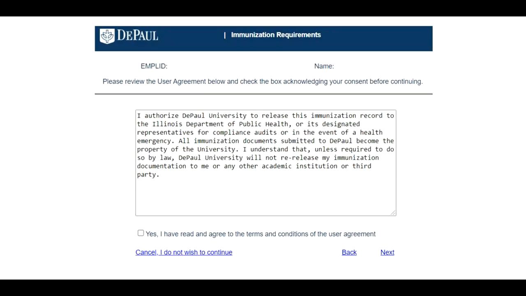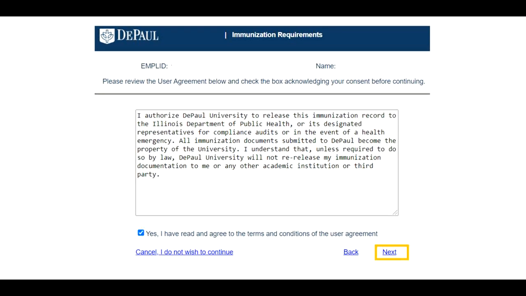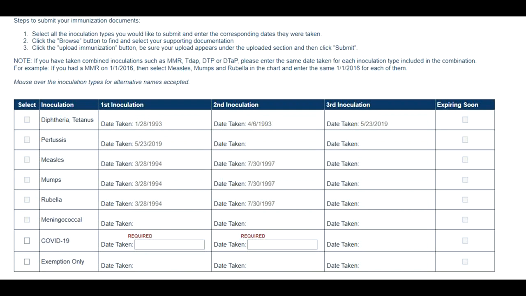Please review the user agreement statement on this page. From there, click on the button confirming you have read the statement and agree to its terms. Then, click Next. Just like the grid on the previous pages, this one also shows the individual records you need